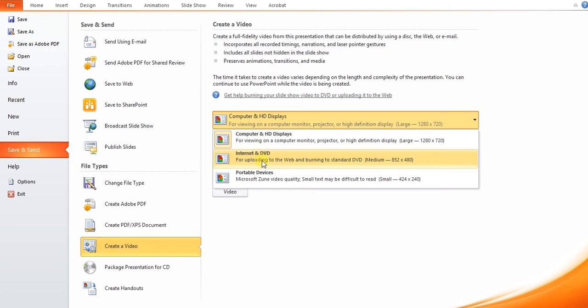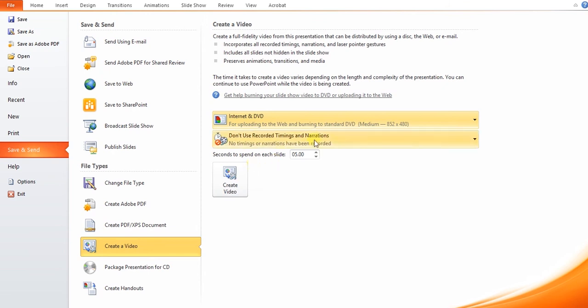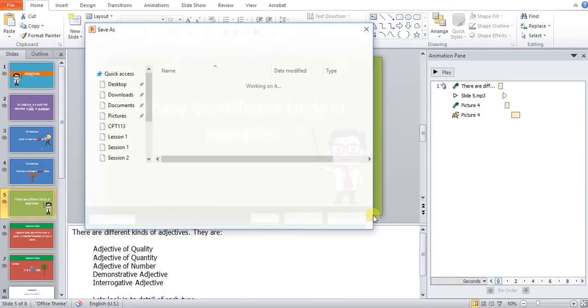But if you want, for example, to share it through portable devices like USB drives, then it's always this one. So since we are going to publish it through online platforms, we'll select the second option, and others keep it as is, and click on this create video and save your video